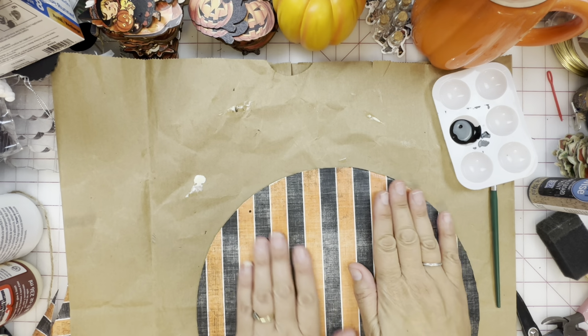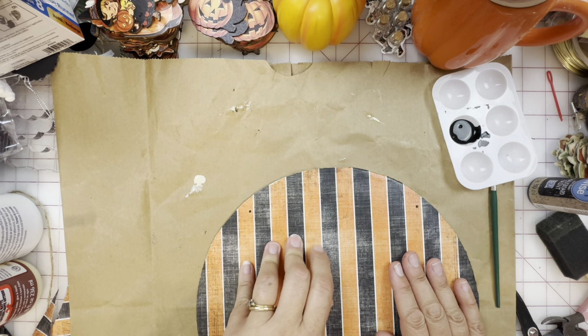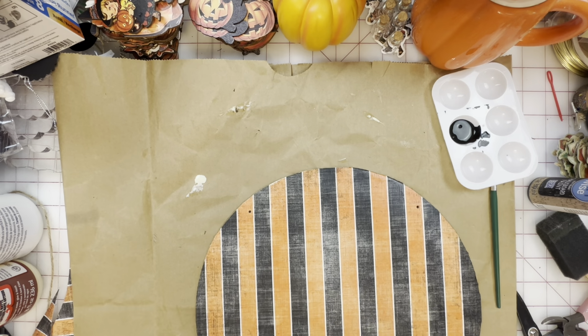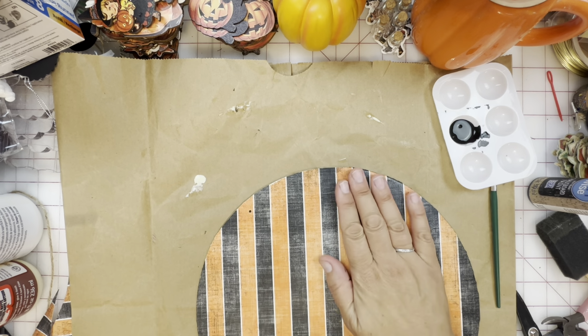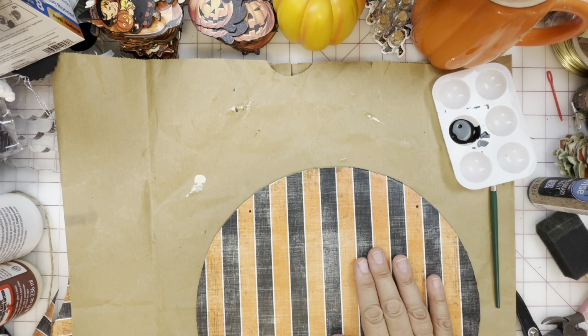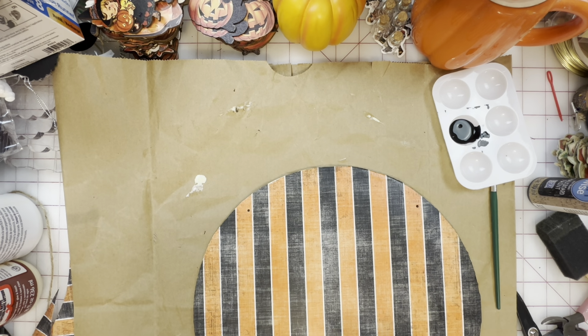Okay, so now I'm not going to put my, I still got a little thingy there, but it's not going to matter. So we're going to let the cat dry. And then once our cat is dry, once the Mod Podge is done on the cat, it'll be time to put this all together. I'm trying to decide if I want to put, so my plan has been to put the, oh,